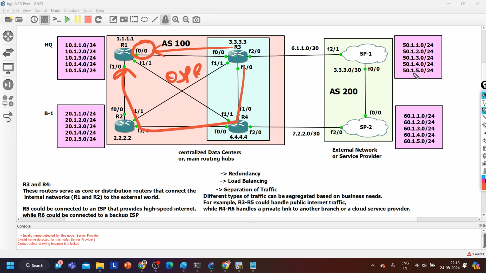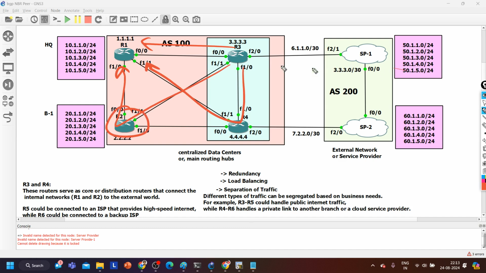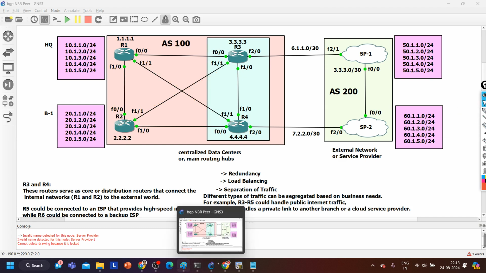Or you can say router 1 will receive the 50 subnet from router 3 also, and from router 4 also here, right? So how is it going to find the best path? With the help of IGP cost, the IGP cost to reach the next hop. R1 will not only receive these external prefixes from router 3 only, right? It will receive from 4 also, from 2 also, from all their neighbors. Even router 2 will also receive all external prefixes from all neighbors. First of all, let me cover all the attributes. Now the next attribute is